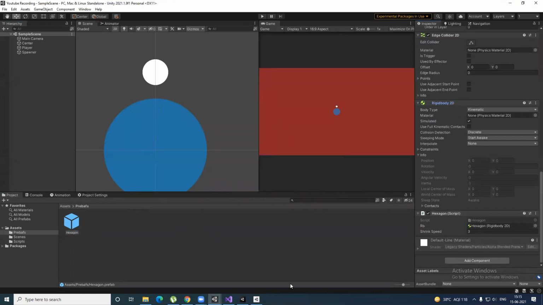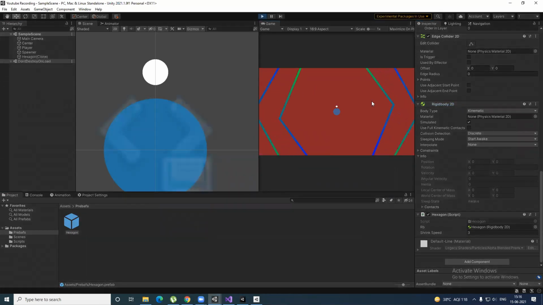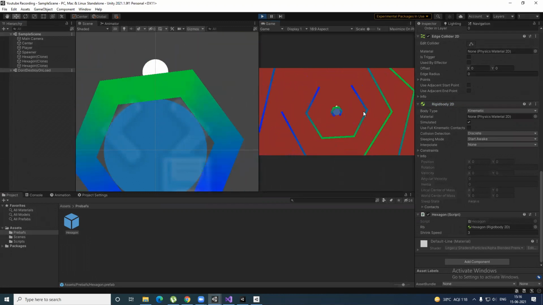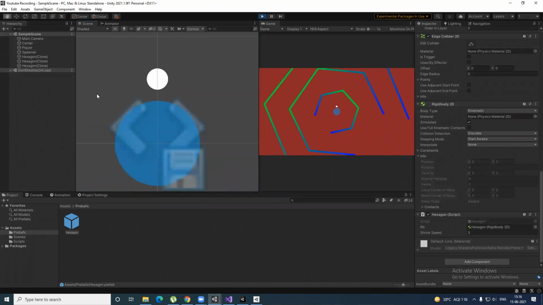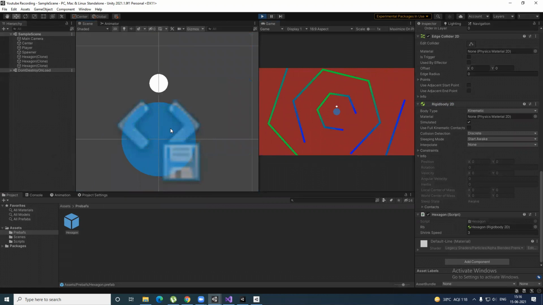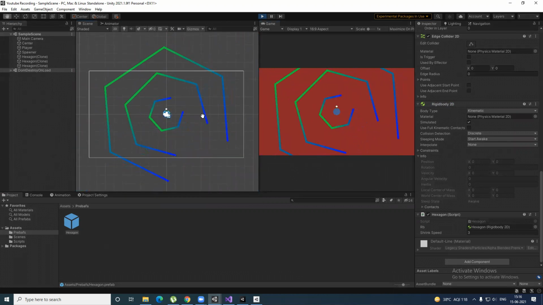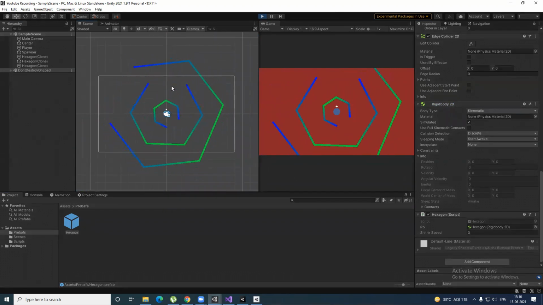All these changes are being made in the prefabs. If I hit play now, you can see the hexagons are spawning with a different rotation of their own. After they reach the center point, they're getting destroyed at the 0.05 level, and they're getting spawned at different rotation speeds.